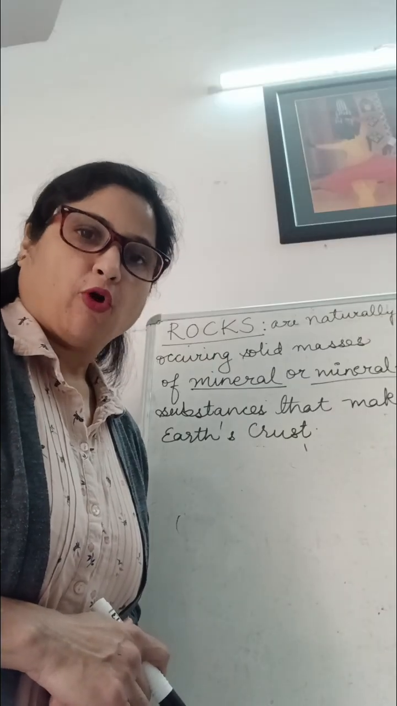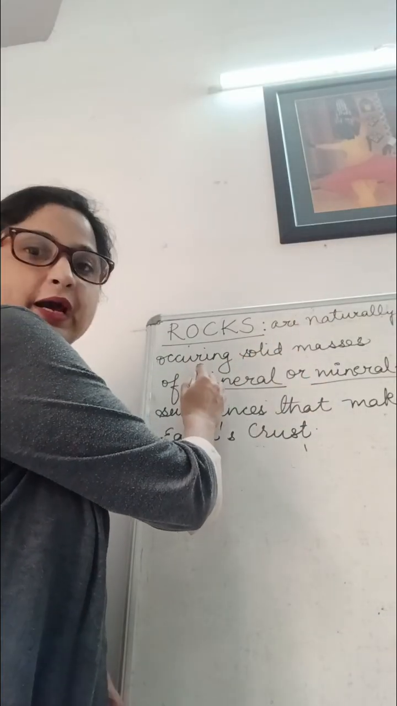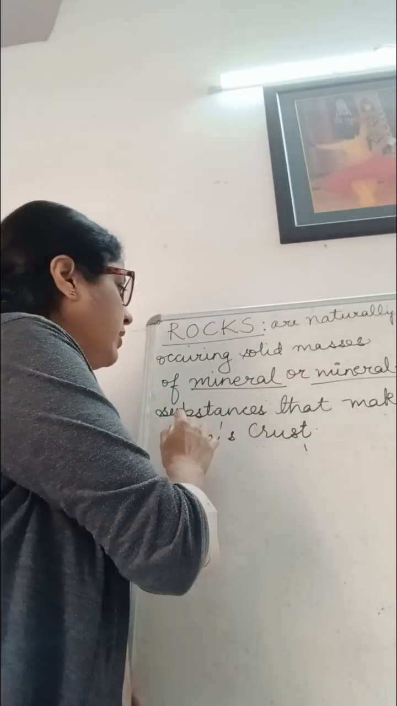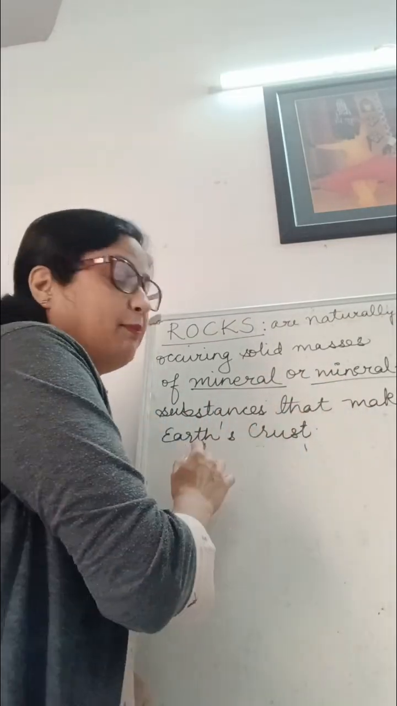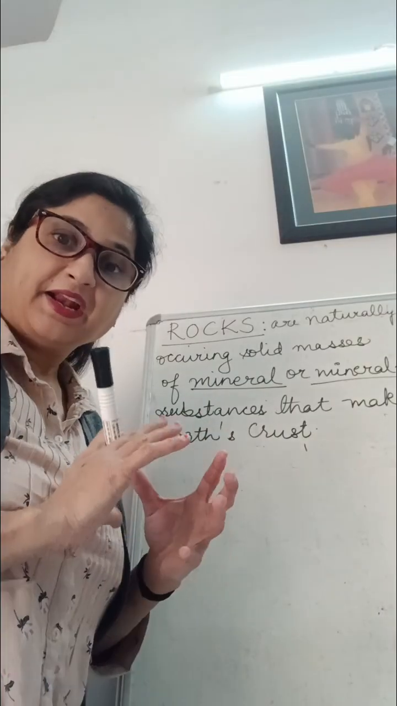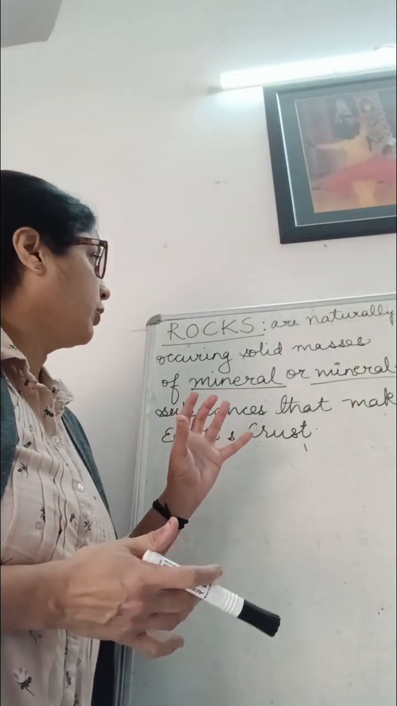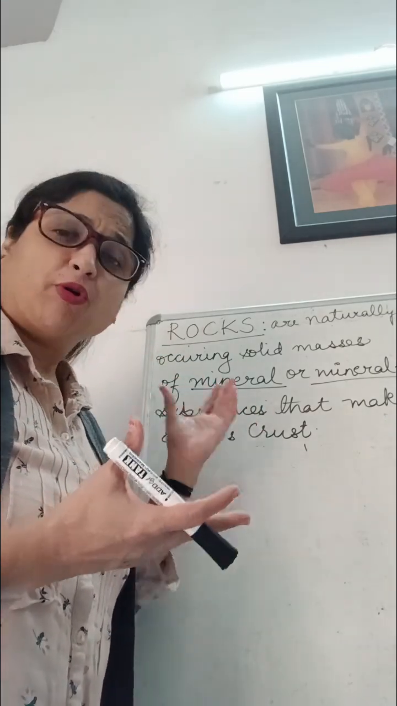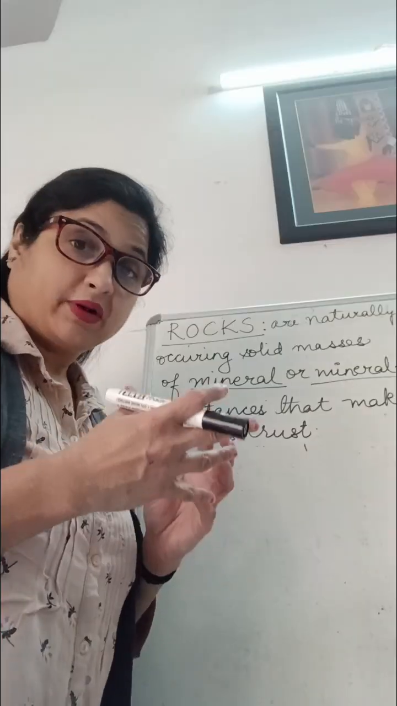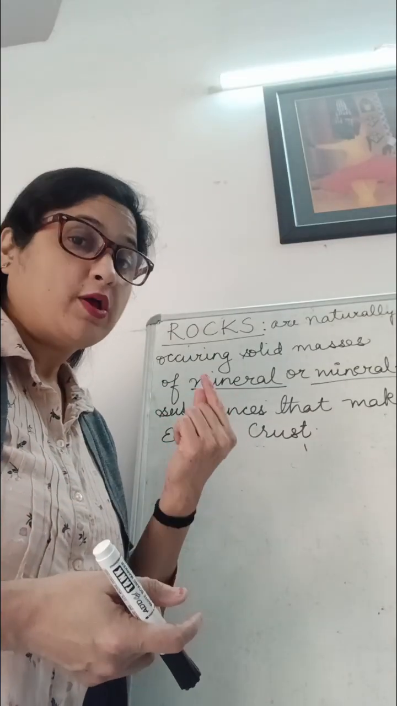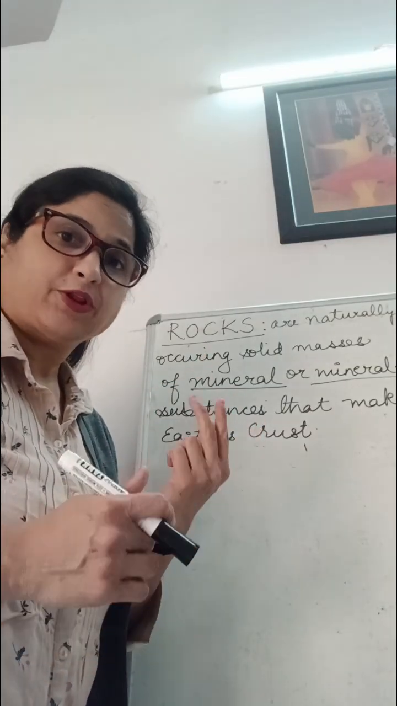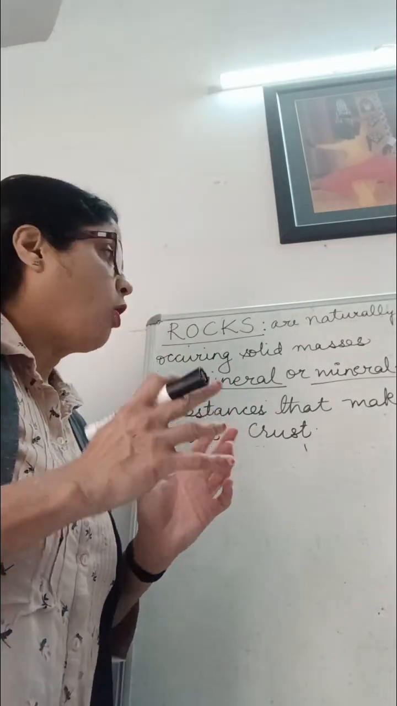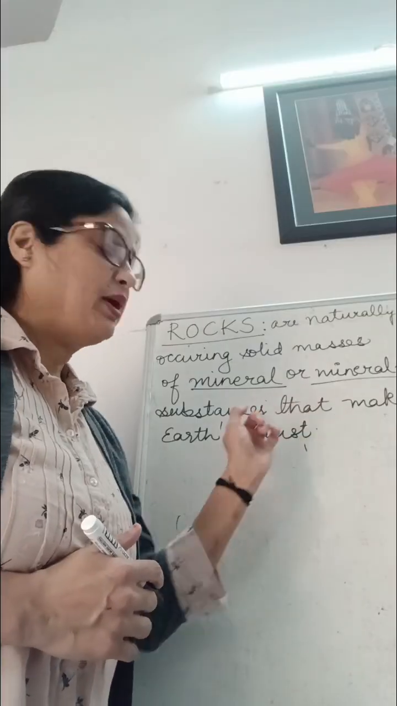So what are rocks? Rocks are naturally occurring solid masses of minerals or mineral-like substances that make up the earth's crust. These are naturally occurring substances, and these are minerals and mineral-like. They don't have a very fixed structure. Minerals have a fixed structure because minerals consist of one or two components. But rocks are a combination of minerals and mineral-like substances that make up the earth's